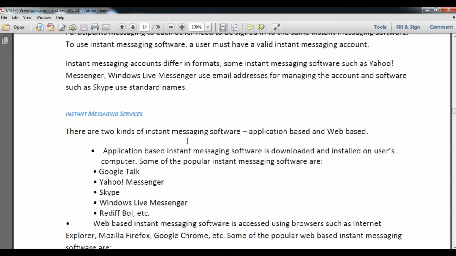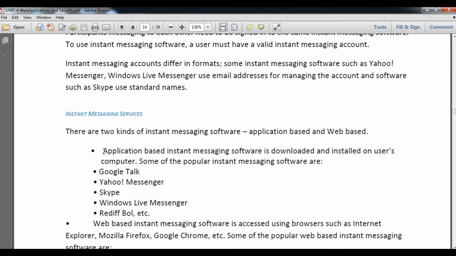So there are some points, students. Application based instant messaging software is downloaded and installed on the user's computer. It means that when installed, this type of software occupies the memory space of your computer, and it also has system requirements.